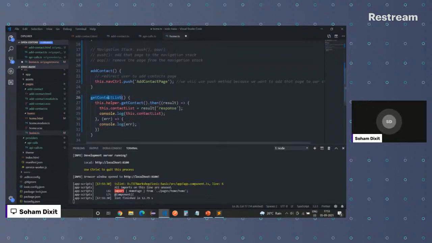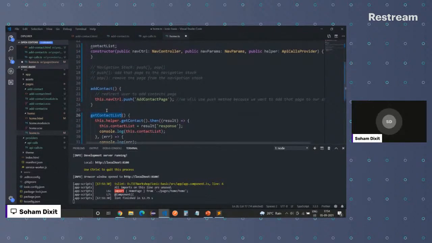Now the thing is we need to make a call. We don't have any kind of button. We are not expecting the user to click a button and then get the result. We need to load the data as soon as the user comes to that page. So there are different functions, or different life cycle hooks, in Ionic. There is something called ionViewDidLoad, ionViewWillEnter. There are different functions like this in the life cycle.